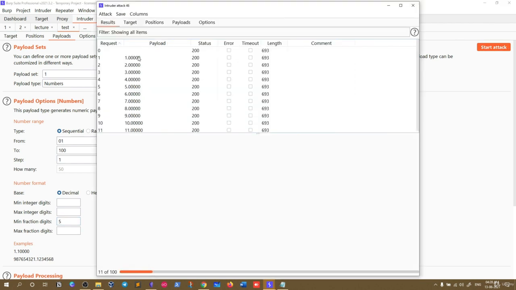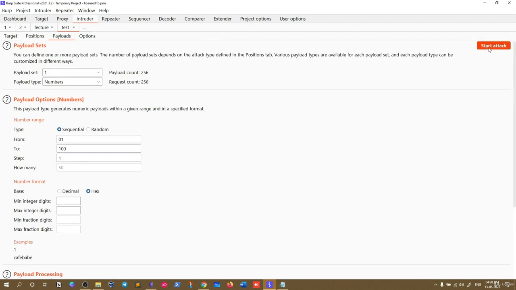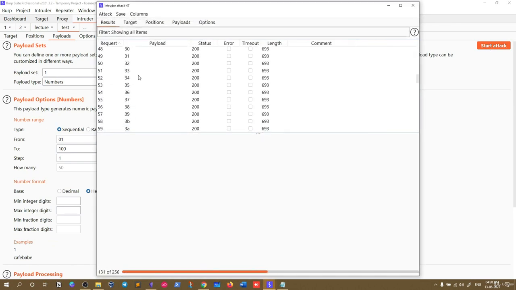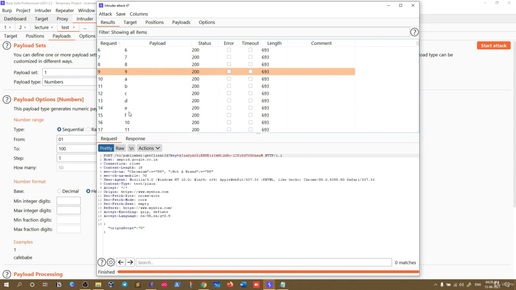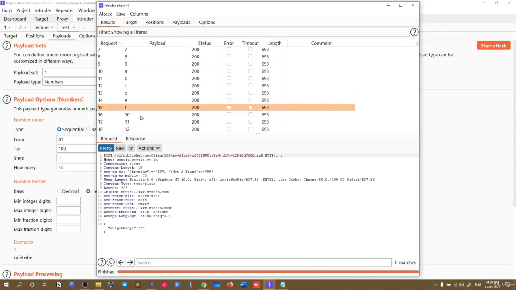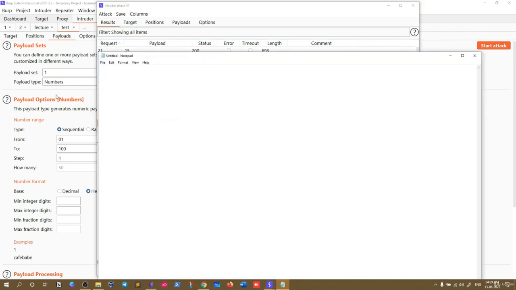If I just start this, you will see 1 point like this. Okay, this is how this thing works. And if we just start the hex, the numbers will be generated in hex. Okay, you can see now 1 to 9, and then we have A B C D E F. Okay, then again 10, then we are using 1A 1B 1C 1D 1E 1F. They are creating 1 to 9, and then using A to F, then we are using